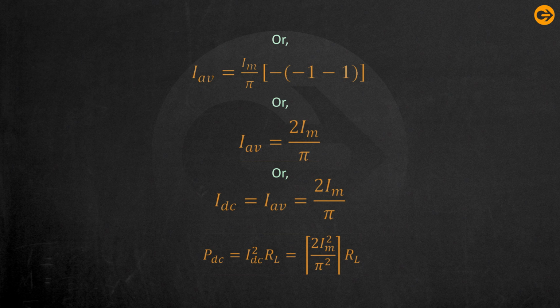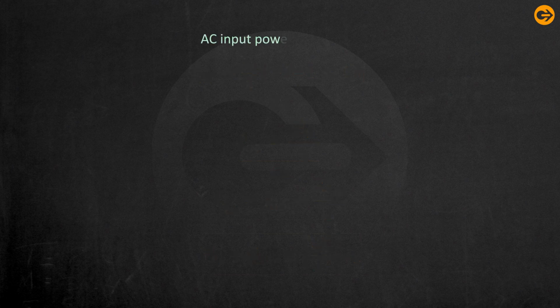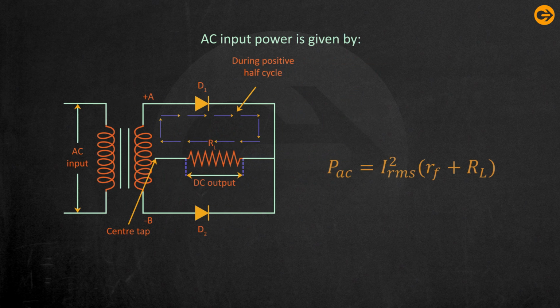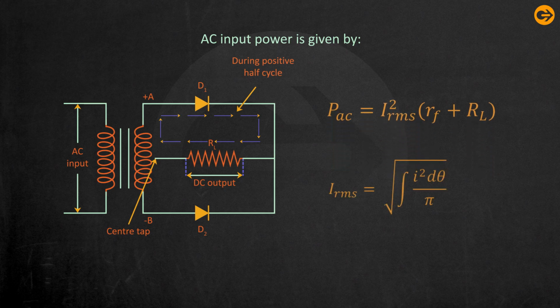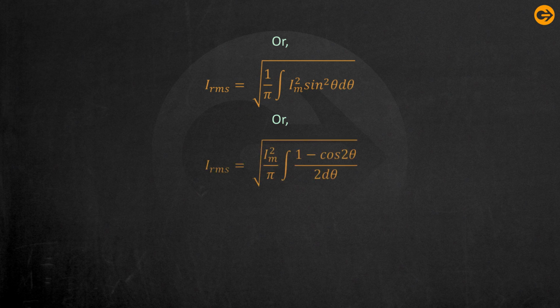AC input power is given by PAC is equal to I square RMS multiplied by (RF plus RL), where IRMS is equal to root over of integration of I square d theta by pi, or IRMS is equal to root over of 1 by pi integration of I square m sine square theta d theta, or IRMS is equal to root over of I square m by pi integration of (1 minus cos 2 theta) by 2 d theta,